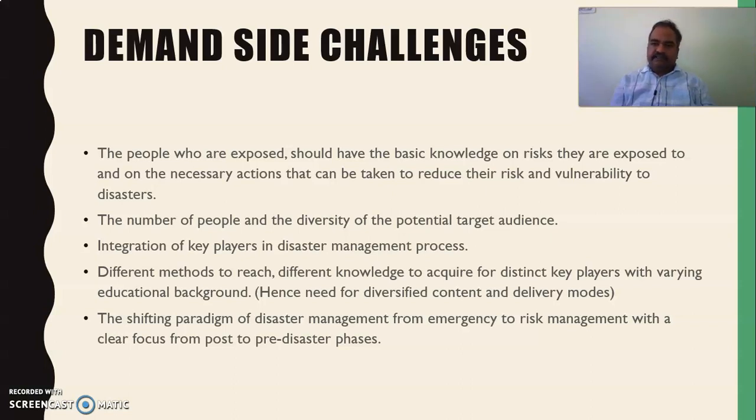Now the question arises how to implement or make this particular ICT tool widely operable by the people who are being affected by the disaster and the people who are trying to mitigate the disaster. So, we will face challenges for any ICT tool. When we are trying to develop an ICT tool, we do face challenges from both the demand side and the supply side. Now, we will have a look into the demand side challenges.